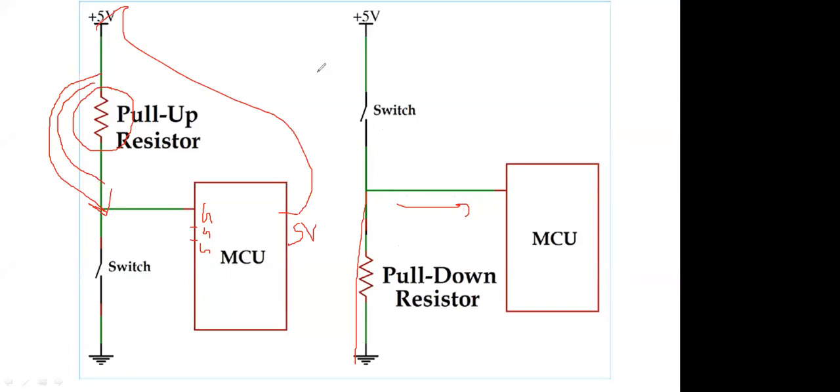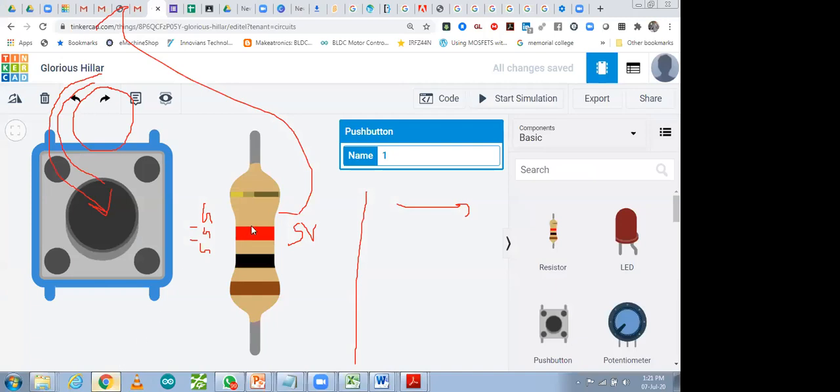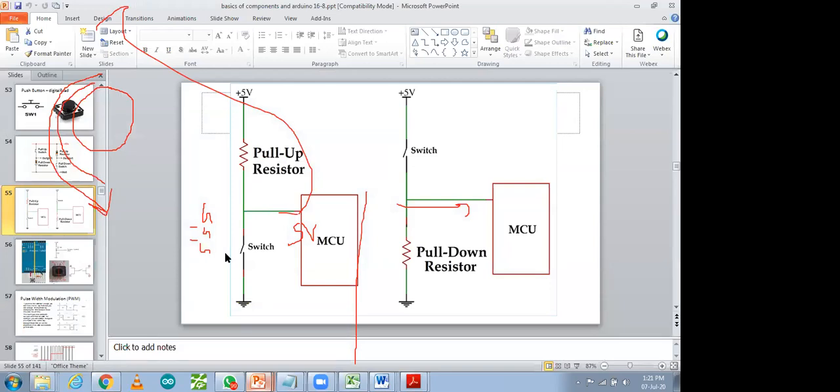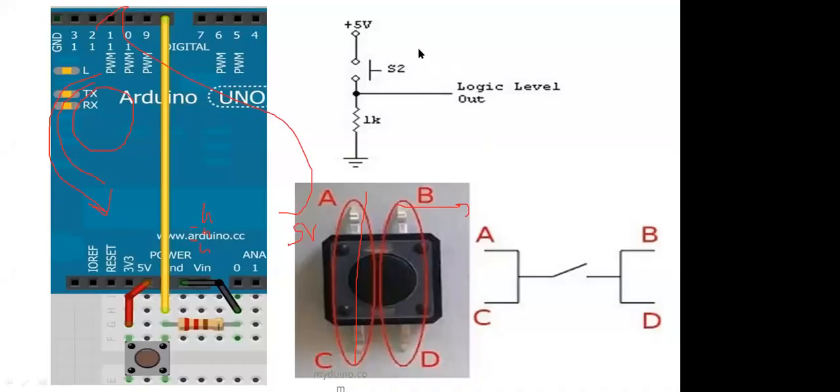So that same circuit I am going to make on Tinkercad. Let's see it. Let's make it. So come back to Tinkercad. I'm going to show how you can use this pull up and pull down resistor. Before that, one more thing I want to tell you about this push button. So this one is my push button. You can see how the push button is working, that you can visualize over here.